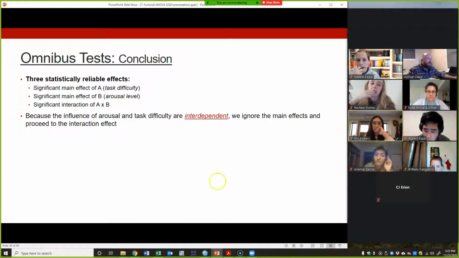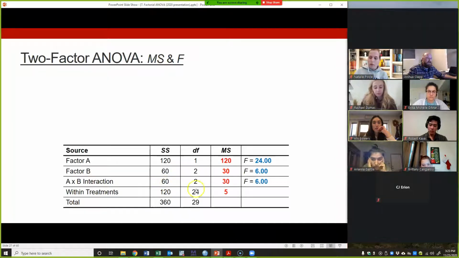All right. Questions about where we got this material from? Okay. So when you're thinking about our omnibus tests in ANOVA, we end up with a significant result. If we went through and took a look at my p-values for the F tests,